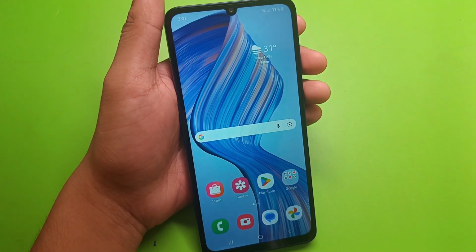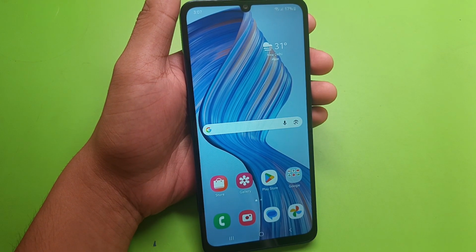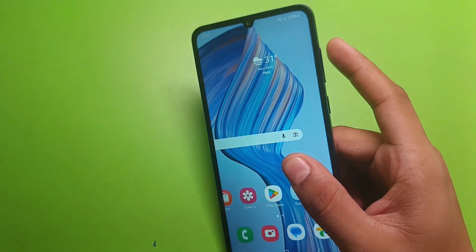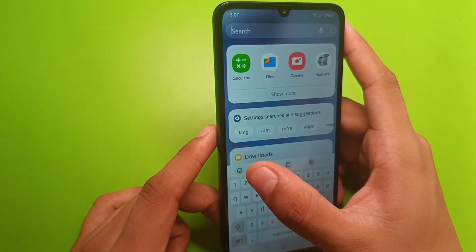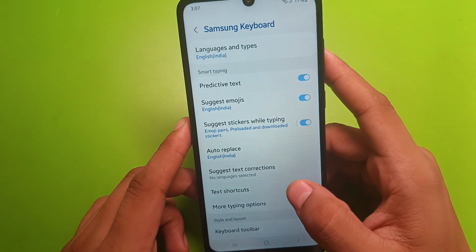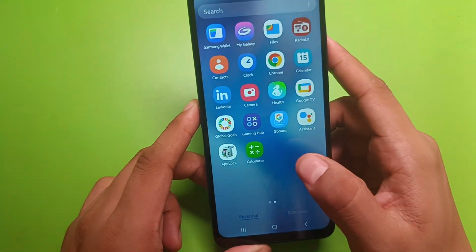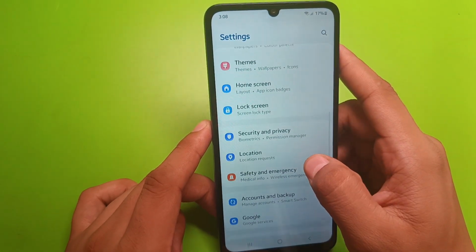In this video I am going to tell you how to fix the floating keyboard problem in your Samsung smartphone. So let's start the video. Friends, if your floating keyboard is not working, so here you can see the floating keyboard. If you have the floating keyboard, you just have to fix it by going to the settings of your smartphone,